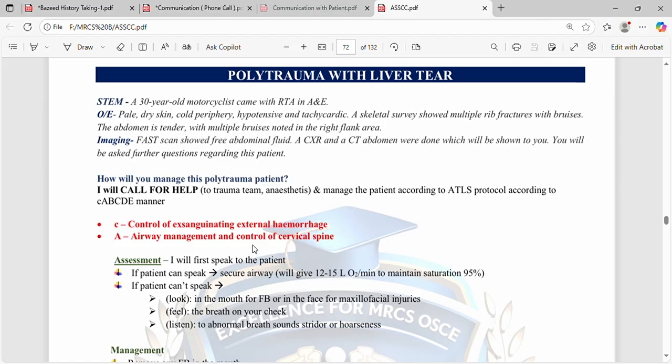Okay, what's the question? How will you manage this polytrauma patient? I will call for help, the trauma team and anesthetist, and manage the patient according to ATLS protocol, in CABCDE manner. So what is small c? Control of exsanguinating external hemorrhage. So if there is exsanguinating external hemorrhage, first you have to control this. If there is no exsanguinating external hemorrhage, then you can go straight forward to ABCDE